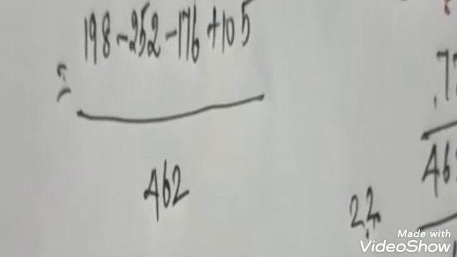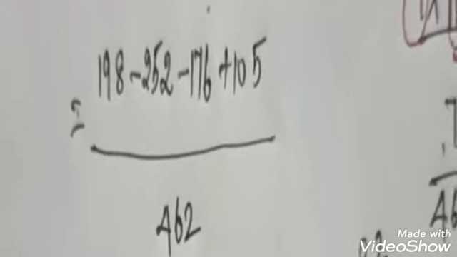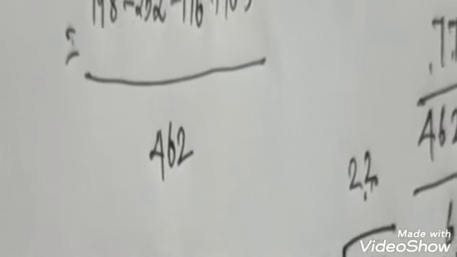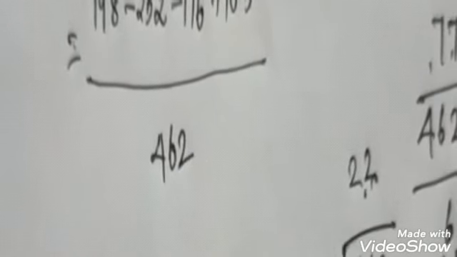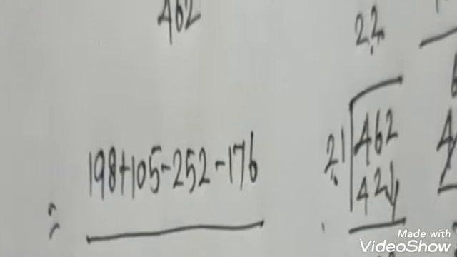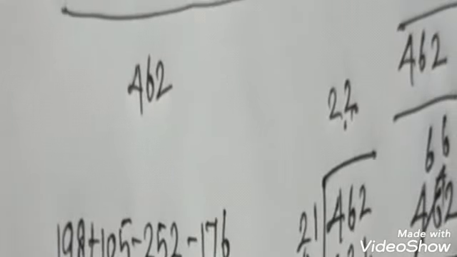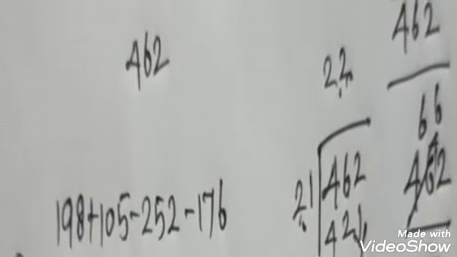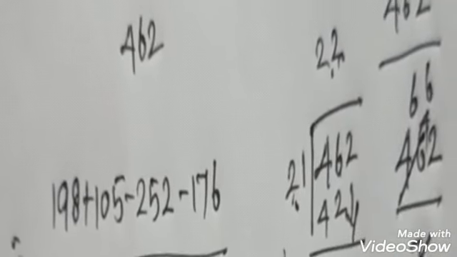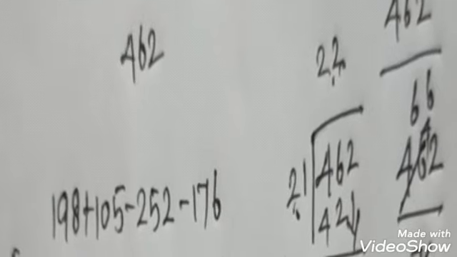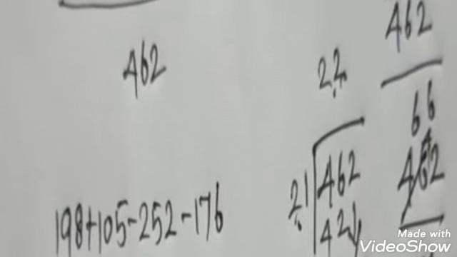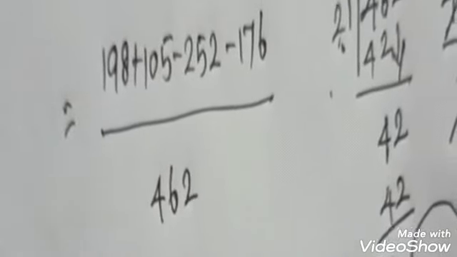Again you get plus 303 and minus 428. So these are different symbols. You have to subtract. Here 428 is the bigger one, so I will put minus in the answer. So 428, you have to subtract 303. 8 minus 3 you get 5. 2 minus 0 you get 2. 4 minus 3 is 1. So 125 is the answer. 125 divided by 462.